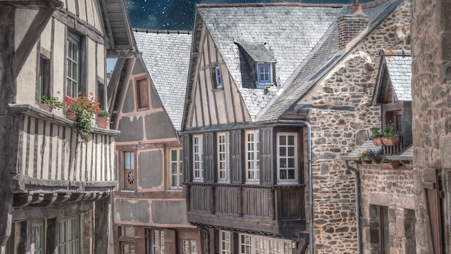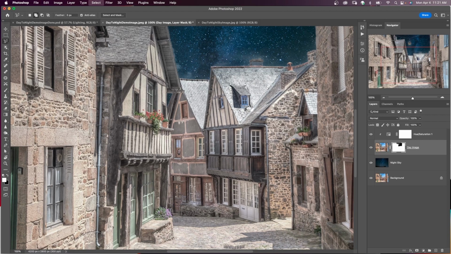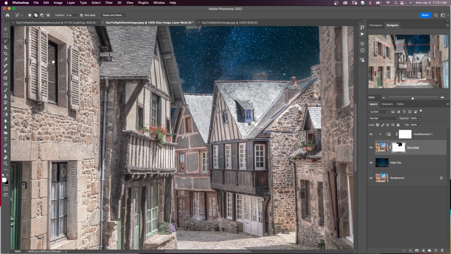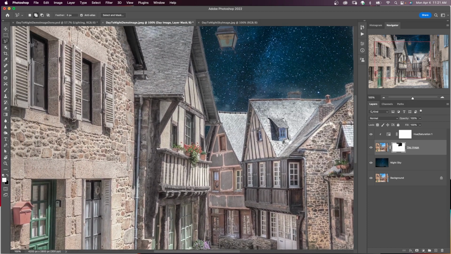So I have my mask for my day image selected, and I'm just going to use my polygonal lasso tool to get this area right here. And I'm going to hit Command Delete, and it's going to fill that with black, and Command D to deselect it. Okay, so each of these windows here, I'm going to select, I'm going to use my polygonal lasso tool,